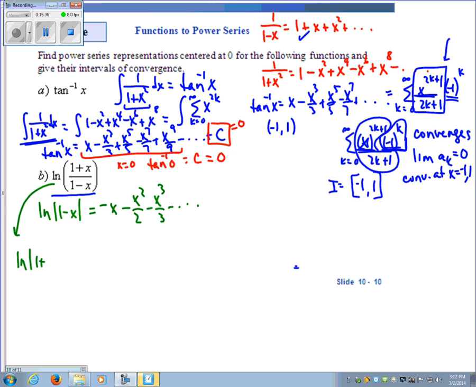This is log of 1 plus x minus log of 1 minus x, just using a property of logs. From the fact that log of 1 minus x is this one, I can use a negative x for the x, and the natural log of 1 plus x will be, putting in negative x everywhere the x's appear,